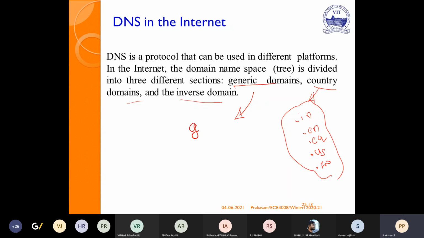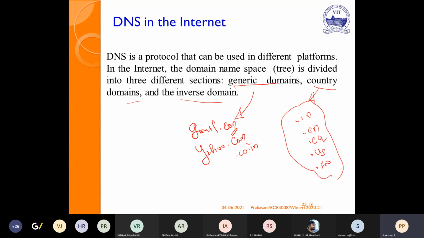If you take gmail.com, this .com is not specific to a country. It is a general .com. Similarly, yahoo.com is a general domain. But yahoo.co.in is a country domain.